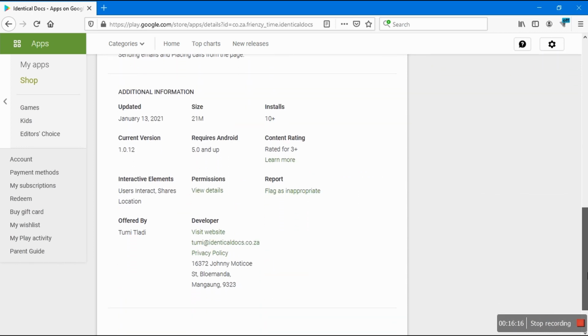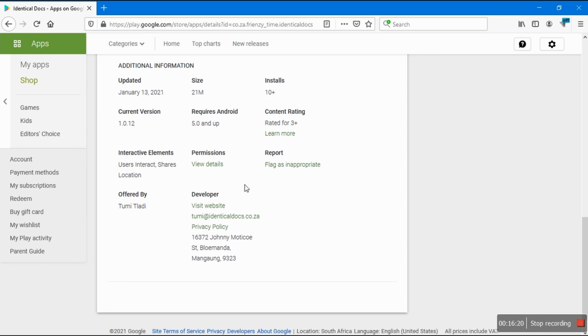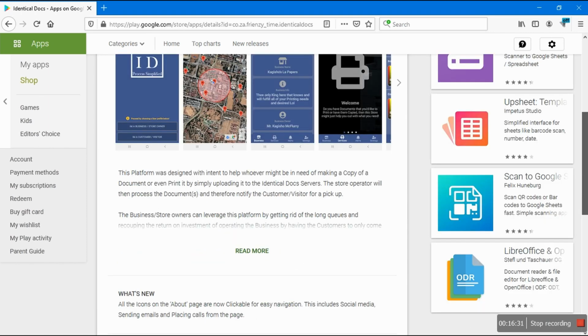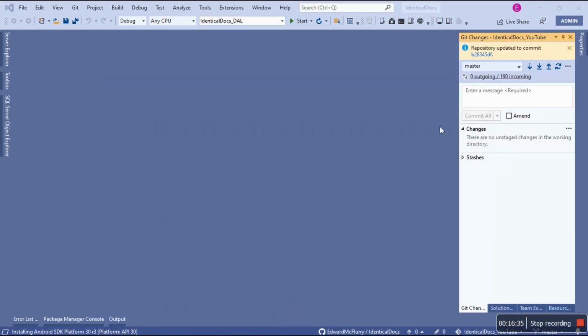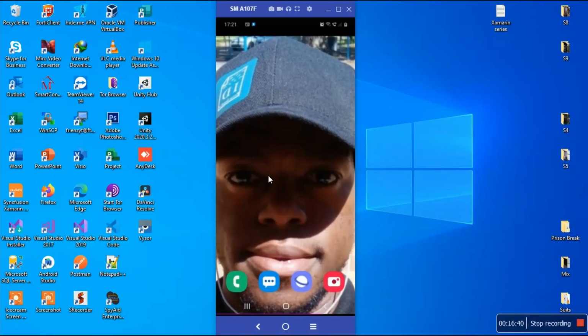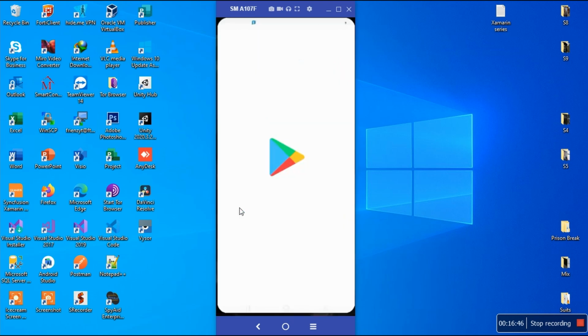So this is the app. We'll talk about almost everything. I'll come back to this when I do the first feature called version updates, and then you will learn about that feature, you know, as far as a Xamarin application is concerned. So this is the actual app, and then on the physical device, okay, this guy is still installing. Let's minimize this guy. And then on the physical device, we're gonna go to Play Store,